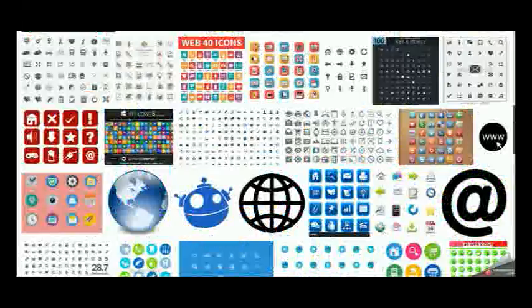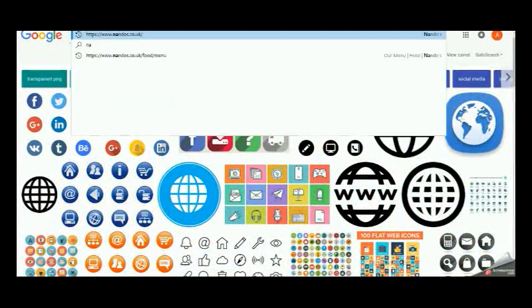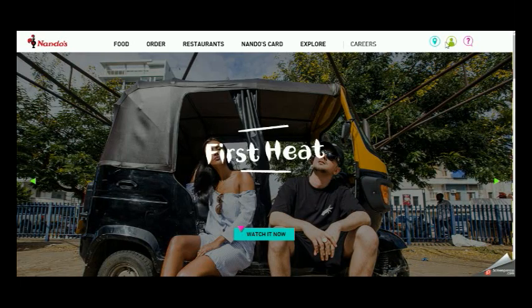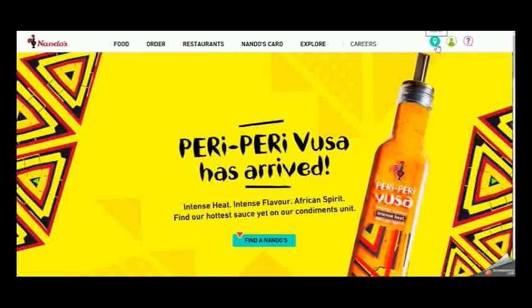So icons are used on different websites. So let's have a quick look at that Nando's again. There you go, they're using icons here. You should know that's help, register or user profile, and directions or map or search. There you go. So icons are a very powerful tool to use if used